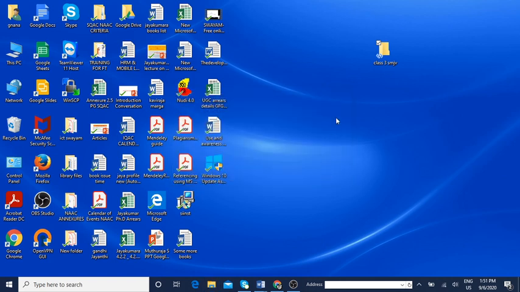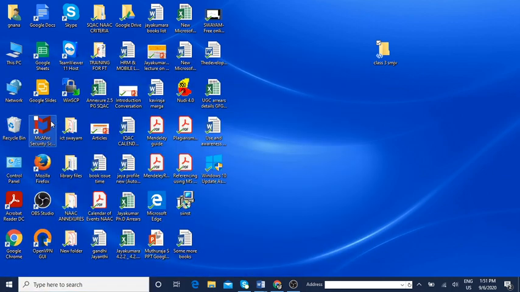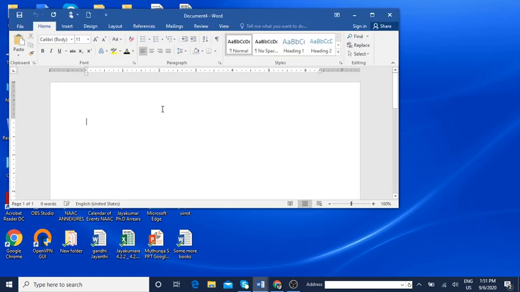Now I'll give no because I'll be showing you how to use the copy and paste option. Okay. Now class 3 SMJV, right click, click on copy option. So then go to Word or any of the folder, blank document. Okay.